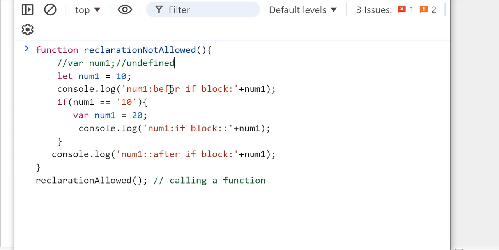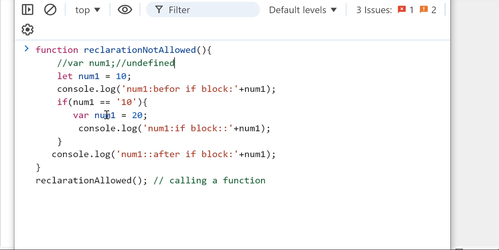Okay, so internally the JavaScript controller will declare it on the top of the function, and the default value will be undefined. Okay, that happens internally by the JavaScript virtual machine. So that's why we cannot redeclare